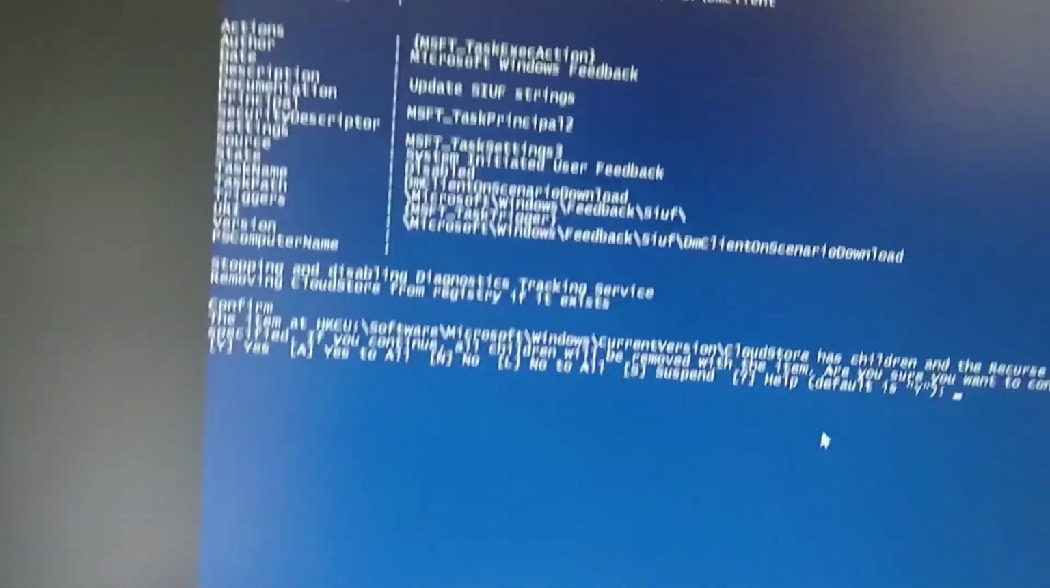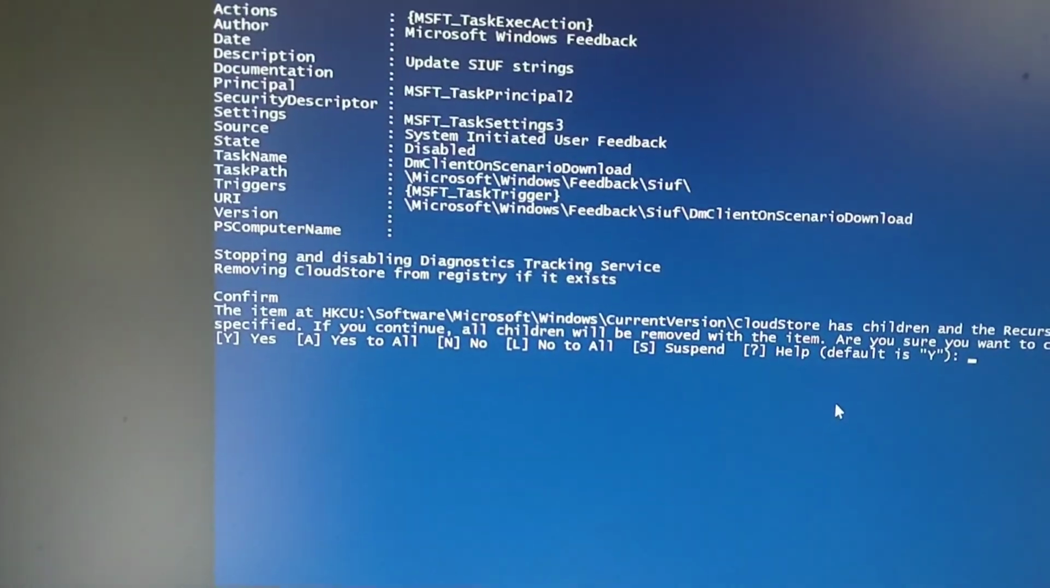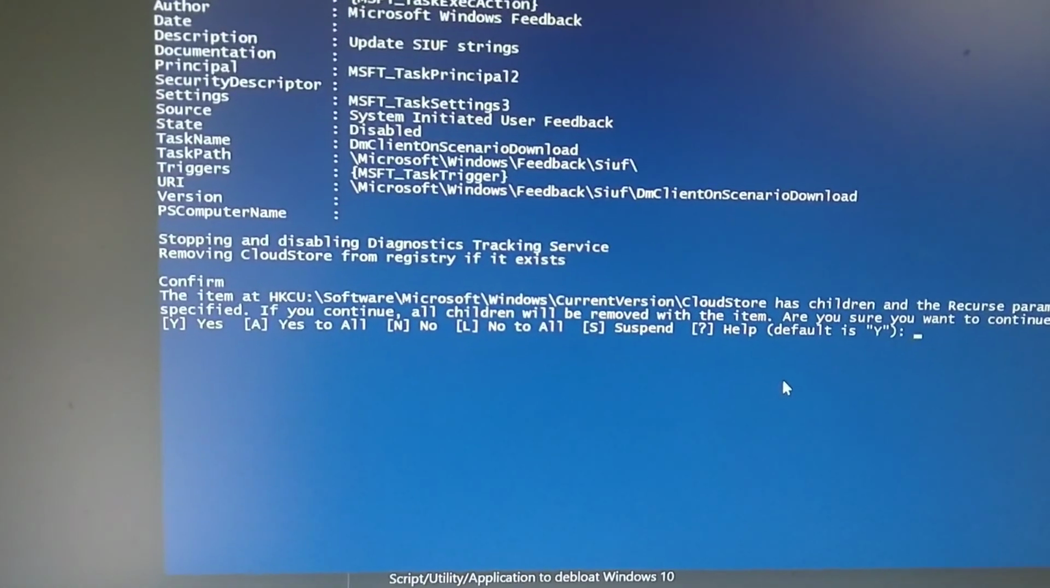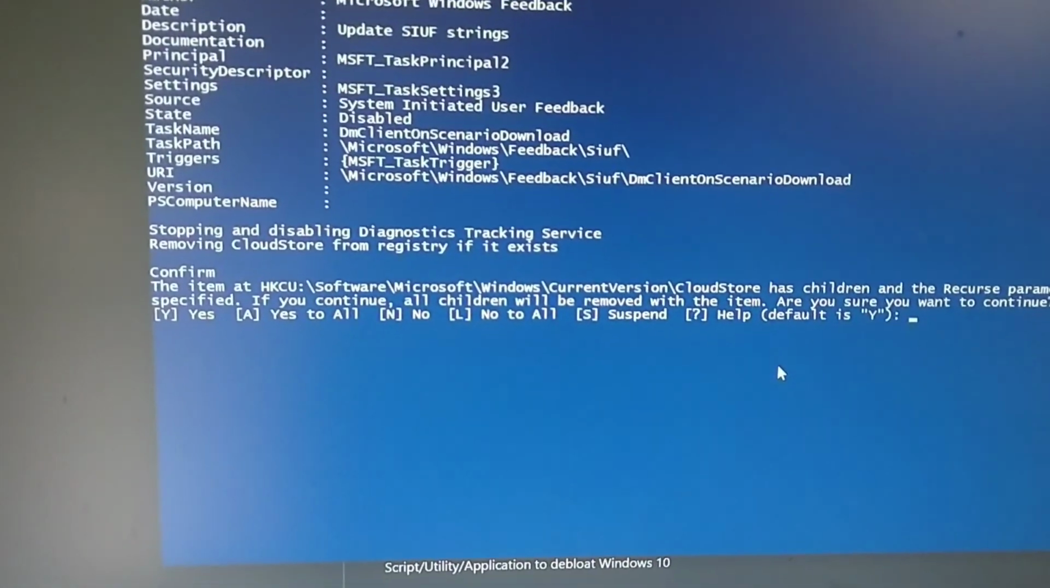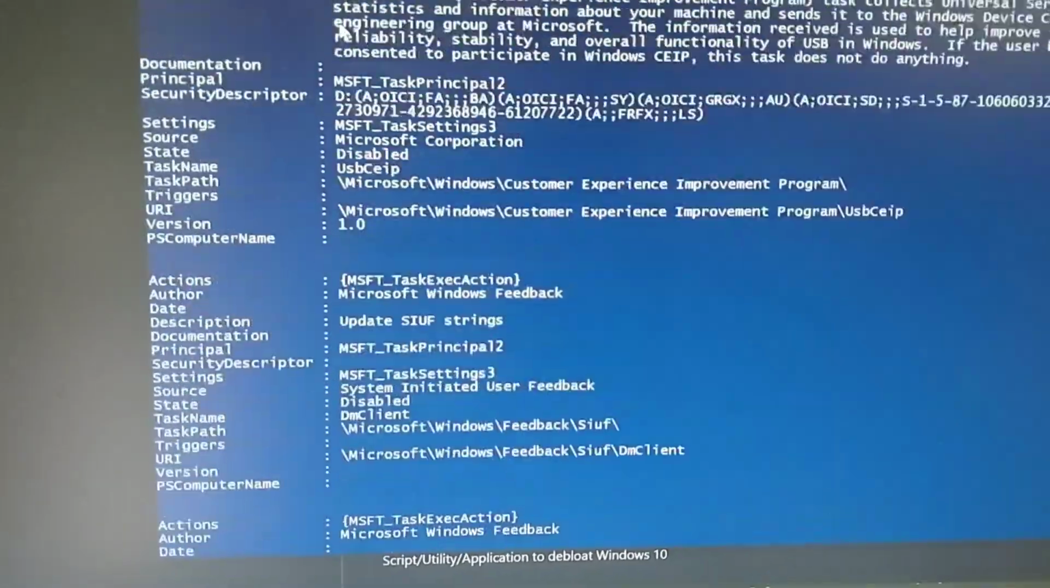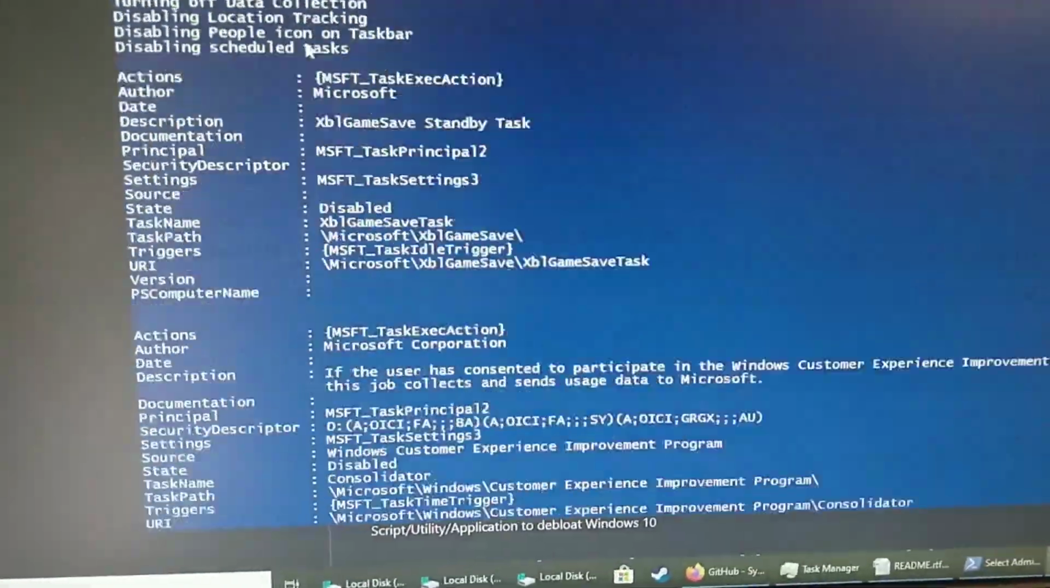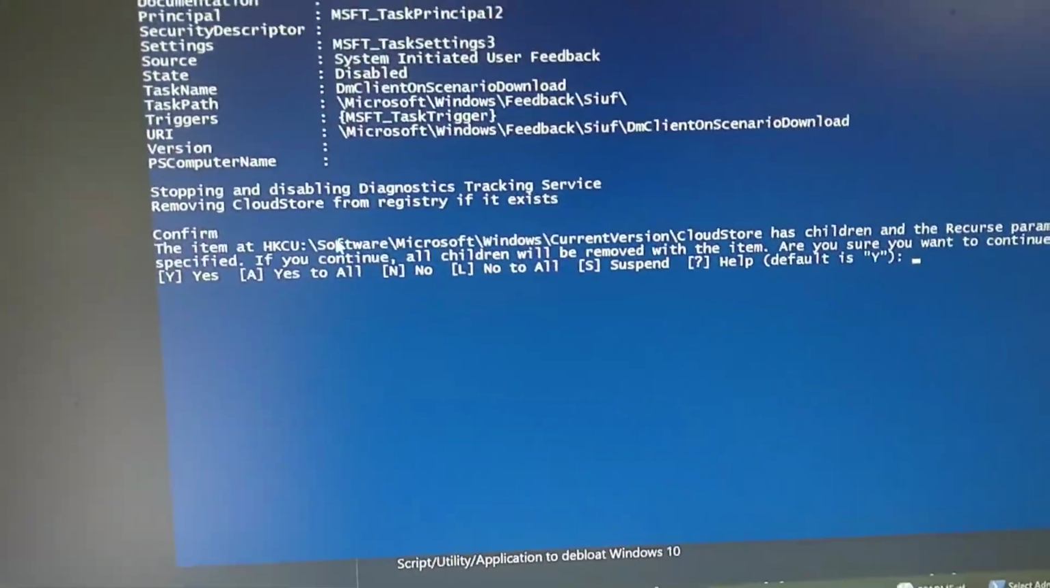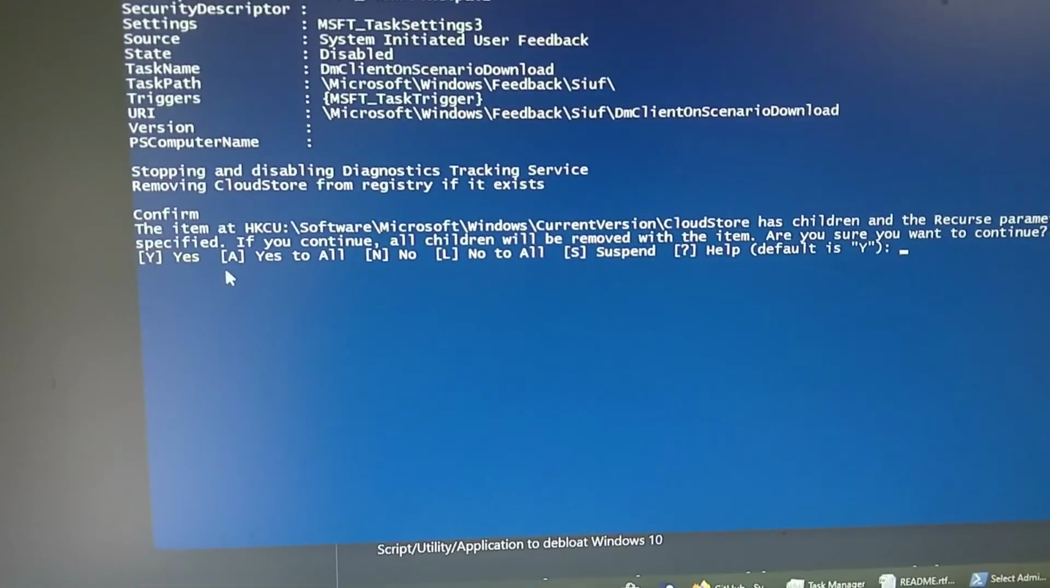It's done removing all the stuff. Anyways, this is stopping, disabling diagnostic tracking service, removing cloud storage registry if it exists. So it removed all this crap. Thank goodness. If you want to see the long version, be my guest. Anyways,